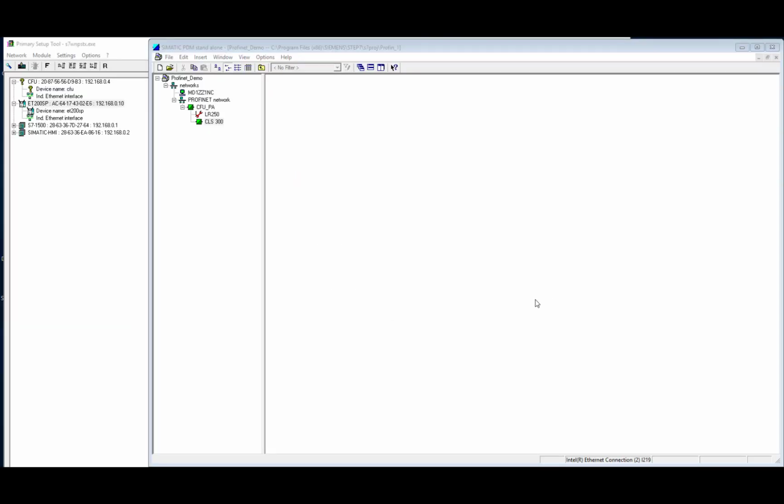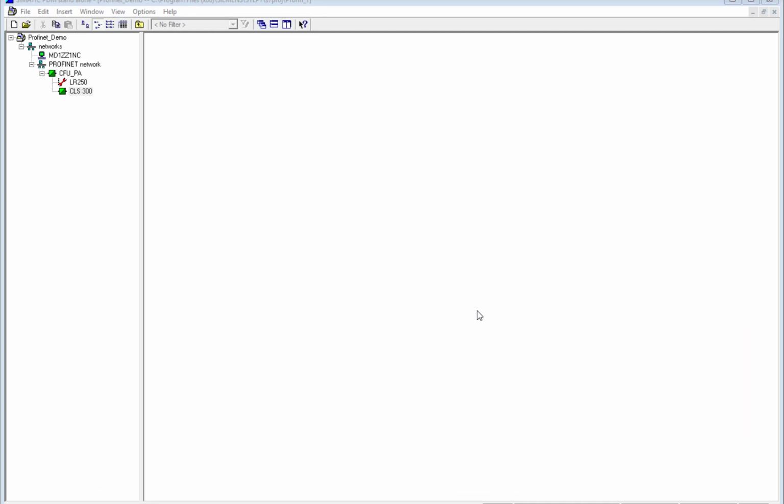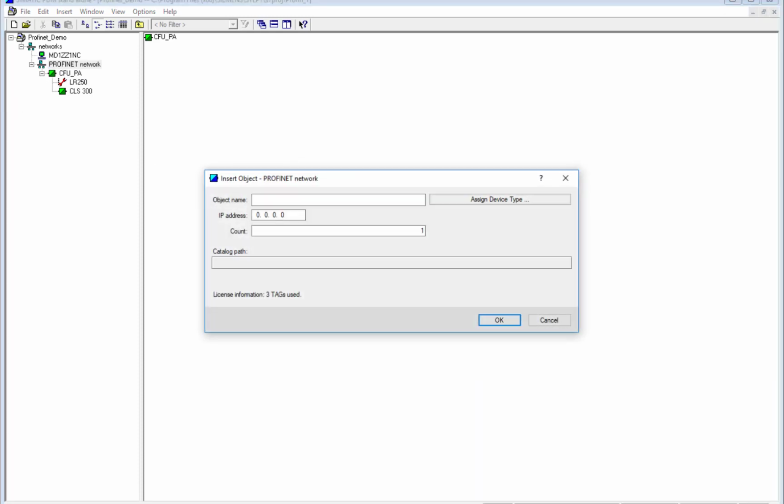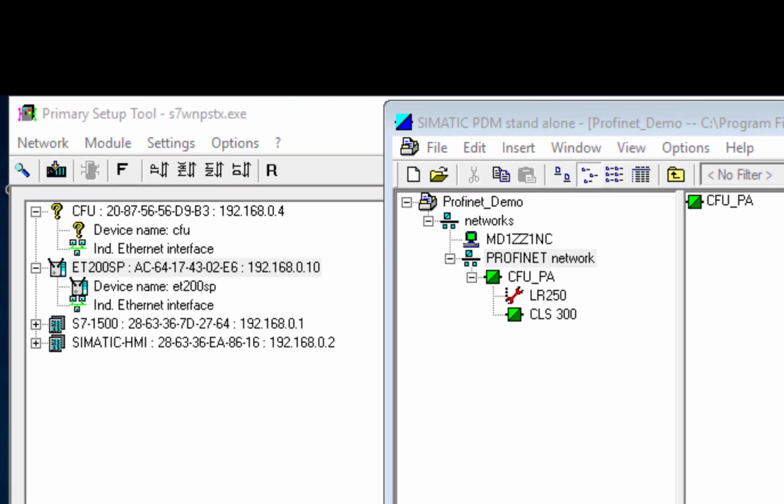So we've now added the compact field unit, so the second part of the I/O structure is the ET200SP. This is a little bit trickier because the scanning of the analog card cannot be done via life list, so you're going to have a little bit of knowledge about the project. So if we click Profinet network, insert new object, and the IP address here of the ET200SP is